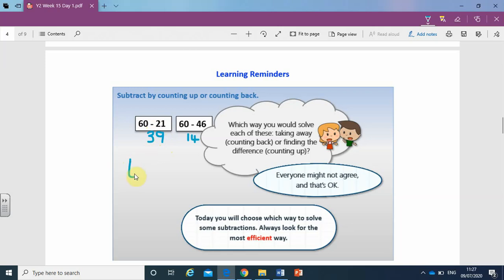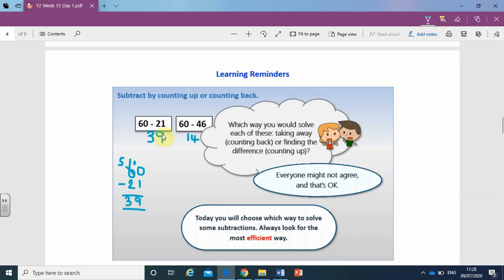Yes, of course, we could do 60, take away 21 in a column subtraction. But in fact, probably on that sum, it's easier to count up because we've got to remember, oh, I've got a 0, I'd have no tens. Go next door, make it into a 5. Bring that over, make that into a 10. 10 take 1, oh, that's 9. 5 take 2, that's 3. So we could do it, we know it,